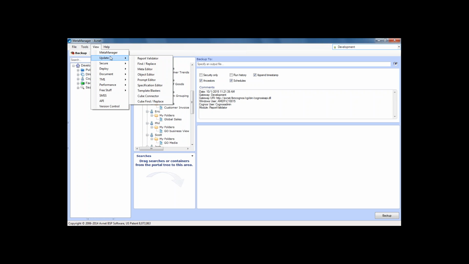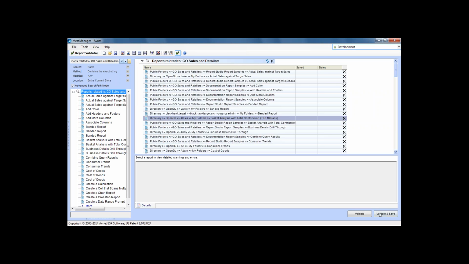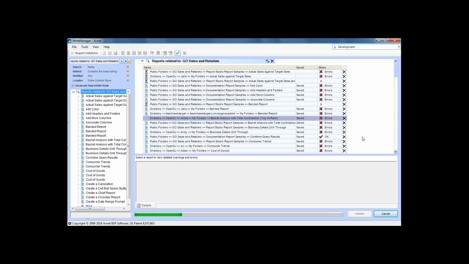Given the time that we've got today, I don't want to let you guys sit there watching a backup taking place. So what I'm going to do is actually click to validate these reports. And what you can see is the way that MetaManager validates reports, you can actually tune this for any of the work. So if you've got a really fast connection, you've got a really good Cognos server, you can actually tweak this to run 10 jobs at any one point in time. So if you can imagine, it's doing the work of 10 people instantly,